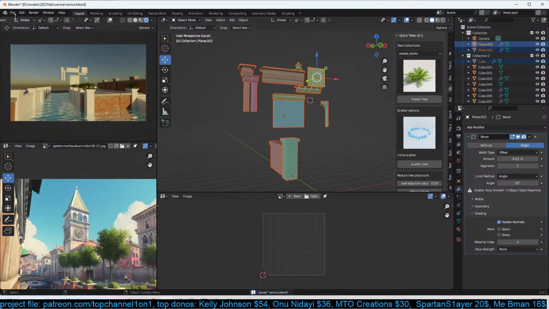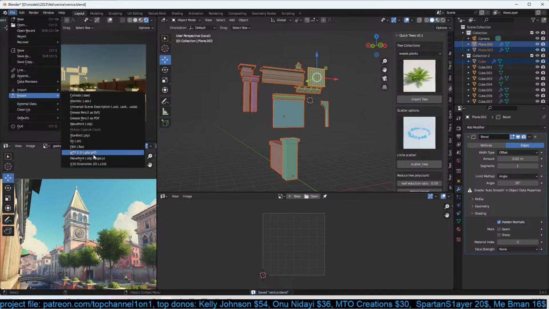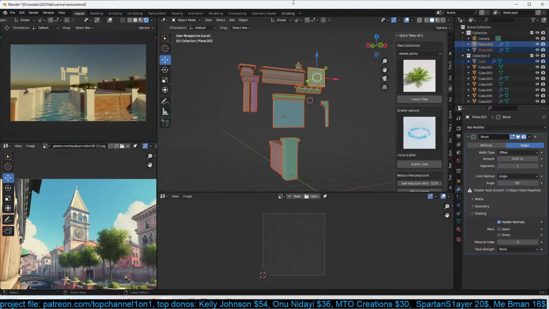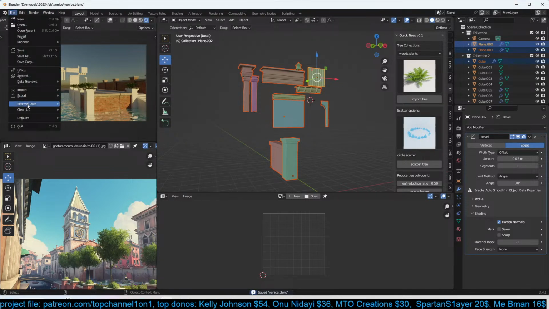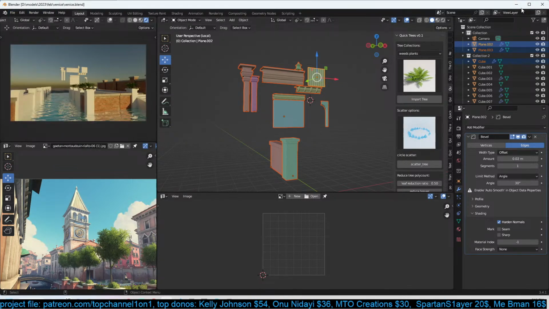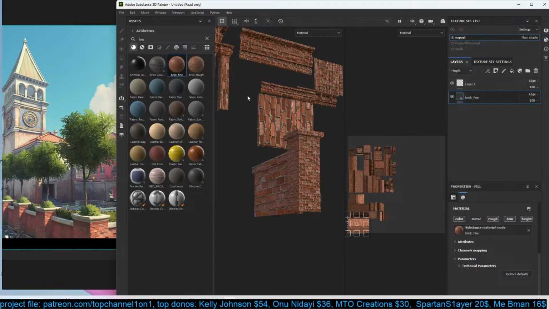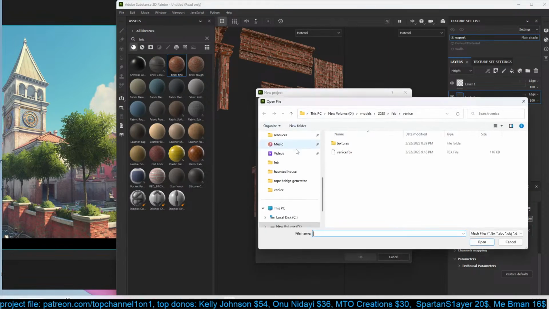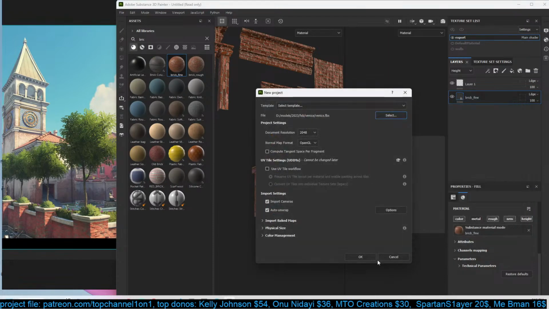Okay, file export, and Substance Painter is not really that hard. And you can see what I'm managing to do. If you export the model, just export it as FBX. Make sure you have UV maps. To import it, just go to File, New, and then import it in. You just import it like that, and